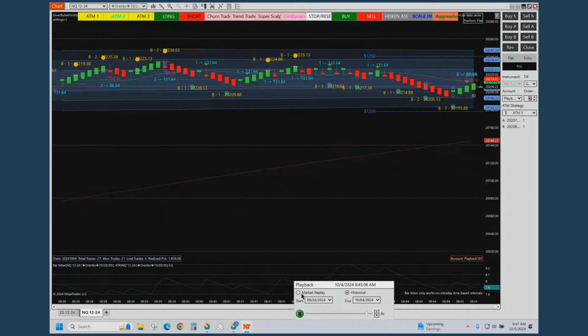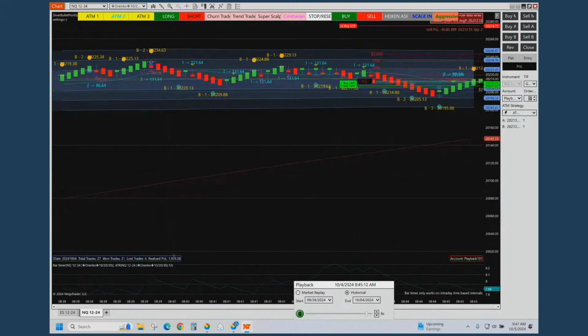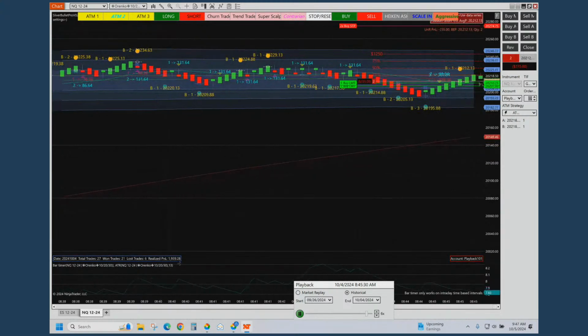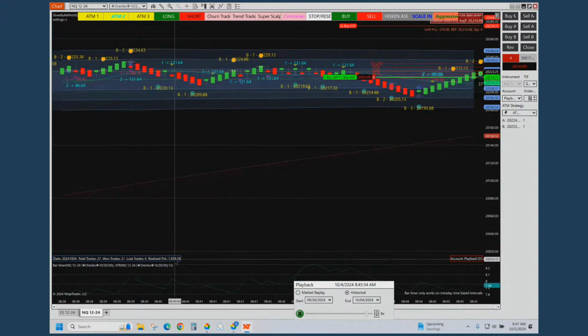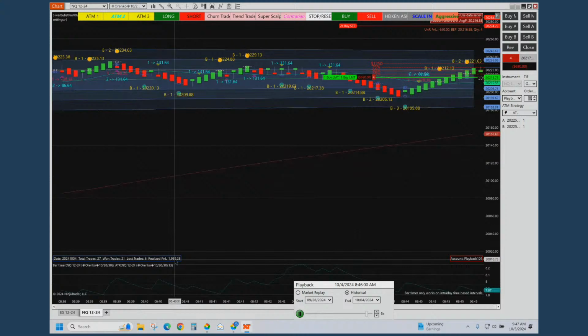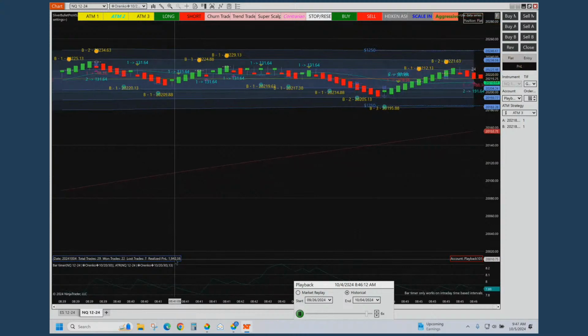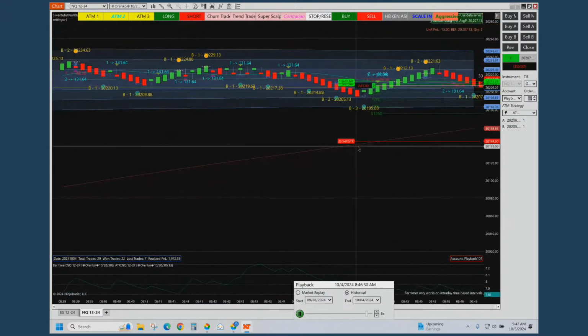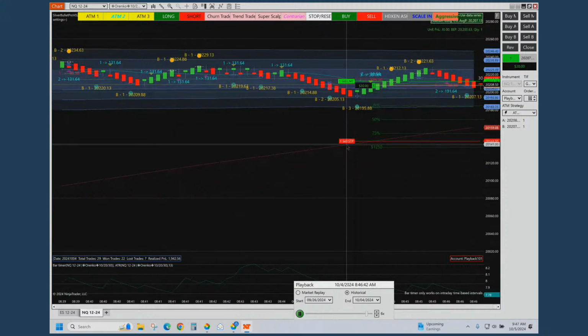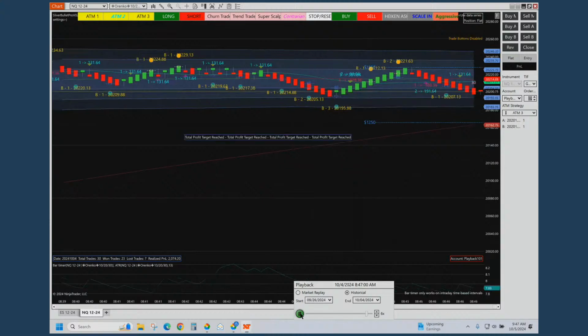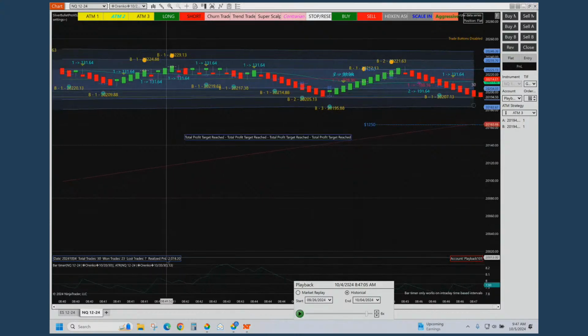So we are close to our target of $2,000. It's a couple of break-even trades here. So now we reach the target of $2,000, and we get the message total profit target reached and